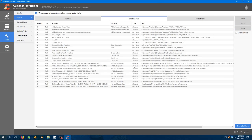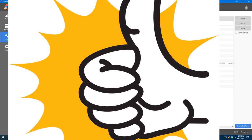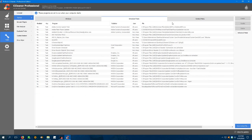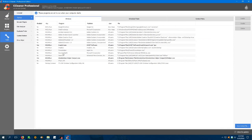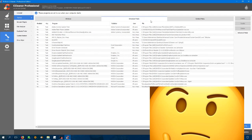Schedule tasks, you just disable all those. The only thing that I would like to have, so you just go through and you pick what they want or what you would like. Great, I wanted my TeamViewer to run, and my TeamViewer's not even listening to this. So that's nice. My TeamViewer is probably within this. No, it is not. So yeah, like I said, you just look for what you do and do not want